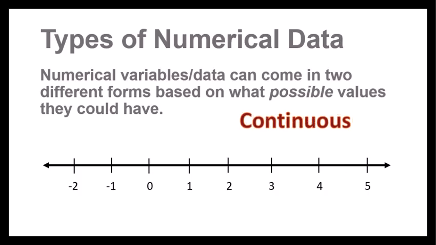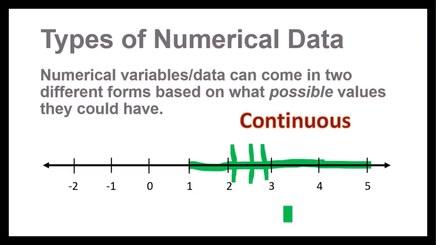Continuous data is data that could take on any possible value in a range of values. For example, if we measured the length of a person's pinky in inches, I don't know what kind of range we have here, maybe somewhere between 2 and 4 inches. There's going to be some range of possible values, and we could extend that if we want to think about possible outliers. But those lengths could take on any number in that range. Your pinky doesn't have to be 2 inches or 3 inches. It could be 2.1689 inches or something like that. So any number, for example, between 2 and 3 would be a possible value.